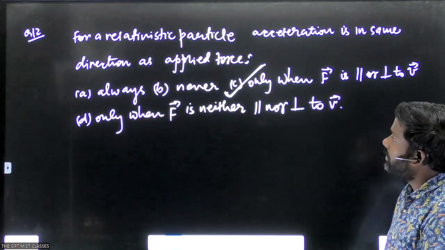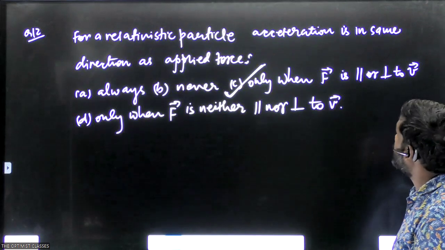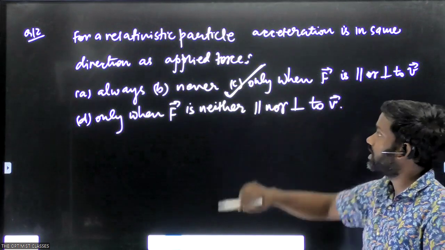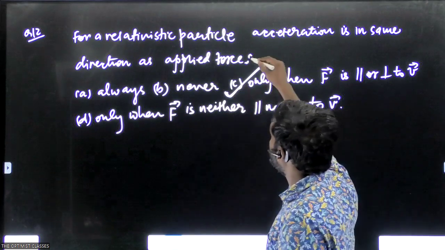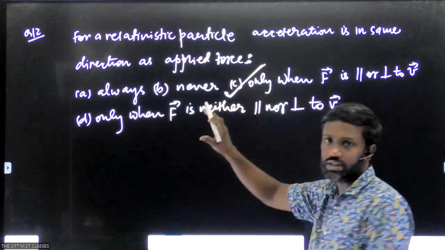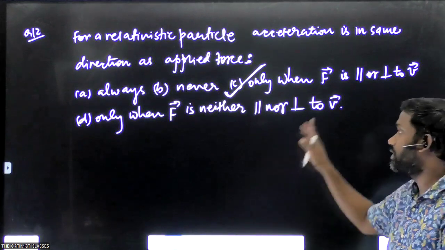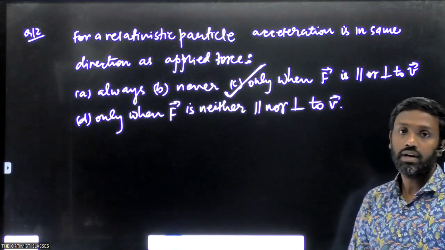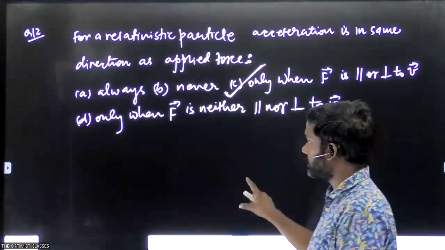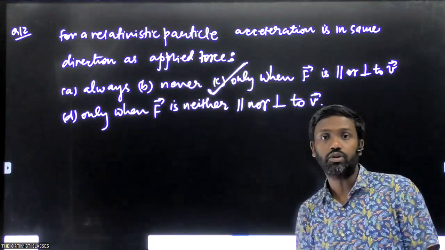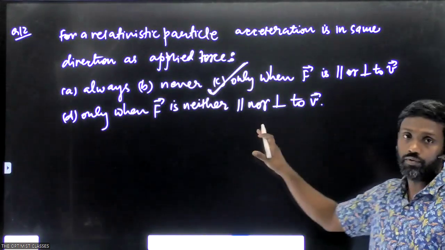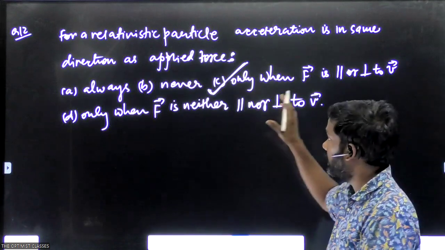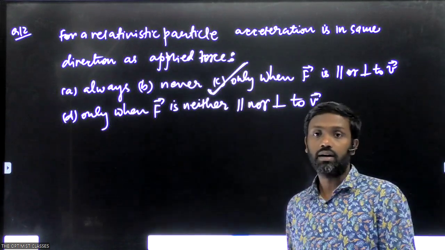Now the question is, for a relativistic particle, acceleration is in the same direction as the applied force. Under what condition? So this is a very basic question. See, I have not written anything here because this is a very well known thing. When we discuss special theory of relativity, it automatically comes out as a conclusion that acceleration is proportional to